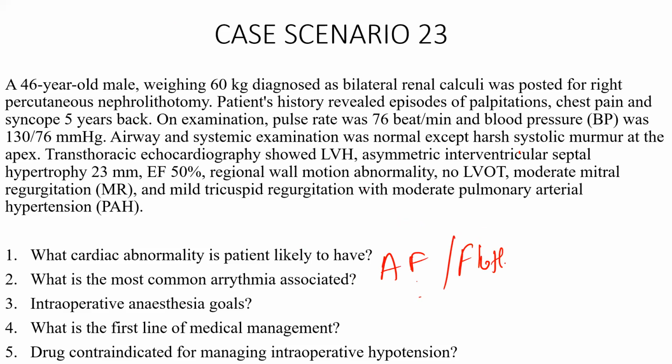These are the two common arrhythmias which can make the patient have immediate cardiac arrest. Atrial fibrillation and atrial flutter are not at all tolerated. So these are the most common arrhythmias which happen in a patient with hypertrophic obstructive cardiomyopathy. What are the important anesthesia intraoperative goals in a patient with hypertrophic obstructive cardiomyopathy? You could get this station, definitely possibilities are there.